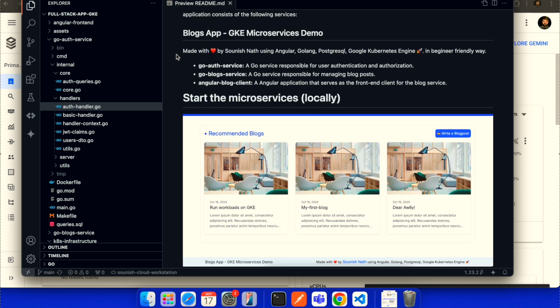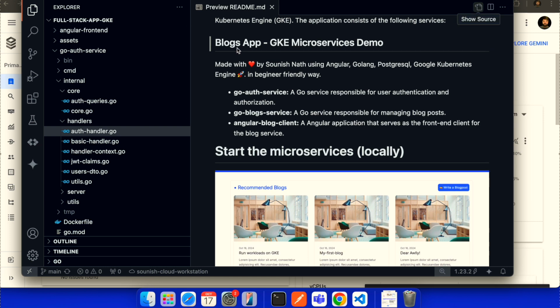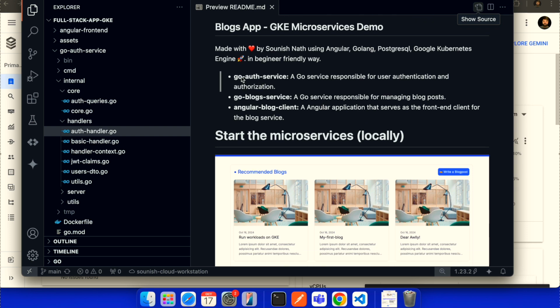As I have told you, a couple of services are involved in this demo. All these services correspond to the blog application. It is a blog app GKE microservice demo. There are three services involved, other than the database. The Go Auth service is responsible for user authentication and authorization. There is a blog microservice, which is responsible for managing the blog posts, and an Angular blog client, which is a front-end application externally exposed to the